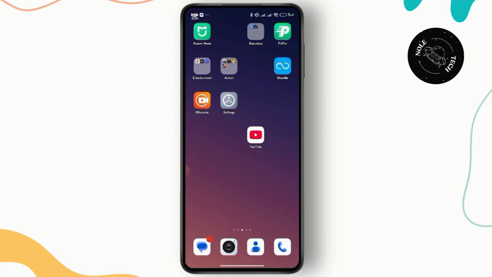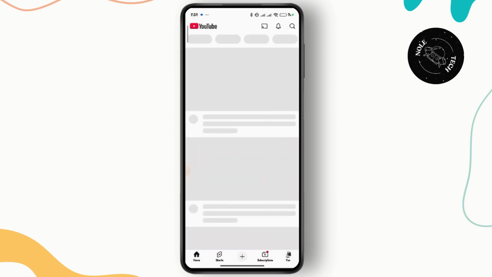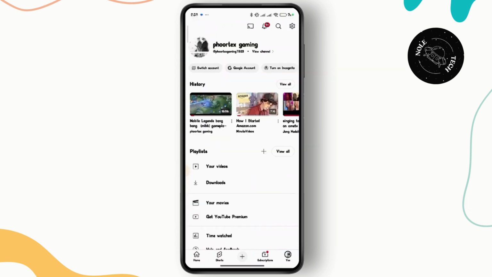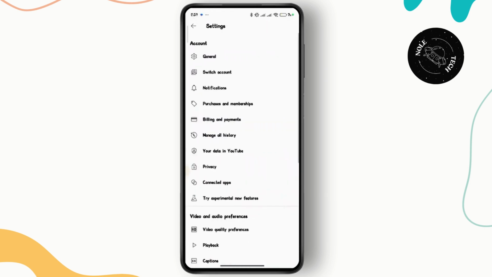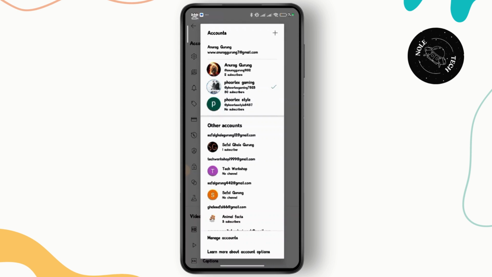So first things first, open your YouTube app. Once you have opened it, simply tap on the profile icon on the bottom right corner. After entering your account section, simply tap on the gear icon on the top right corner. Once you have entered the settings page, simply tap on switch account and you will get a list of all